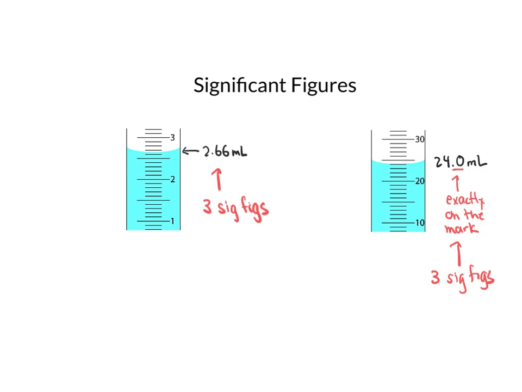So really the concept of significant figures is how many digits do I need to tell you exactly where the measurement falls on the scale, on the marking scale that I have in my measurement instrument. So in this course, we're really only going to care about significant figures when we're doing measurements in lab. And when you're doing measurements in lab, those measurements in your notebook need to have the right number of significant figures. We'll talk in another video about how we do math with significant figures, and how we decide if we're adding 2 numbers, how many significant figures to use,